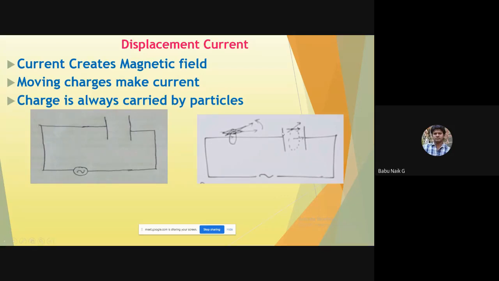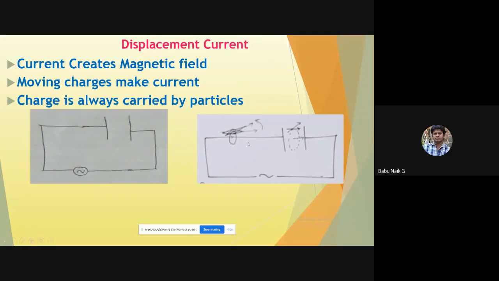He has placed it in between two parallel plates. After placing it here, he observed that there is a displacement of the magnet here also, between the two parallel plates. So he has taken the magnet, and before that he placed it straight, and later he observed that once the supply is on, the magnet also moved a little bit with an angle. So this is the magnet after movement.